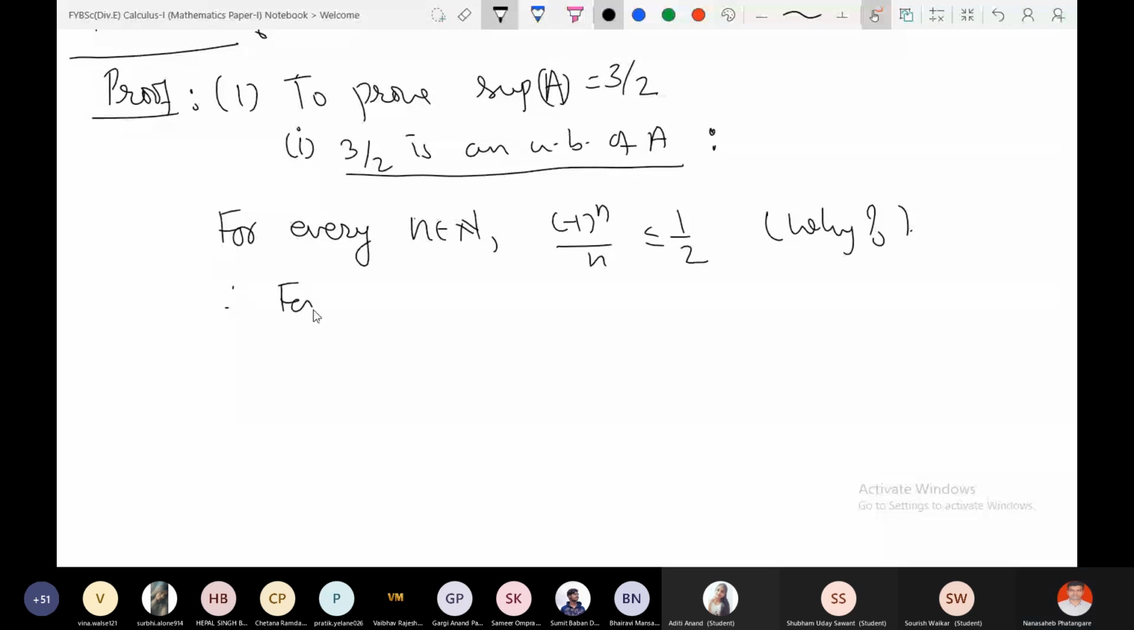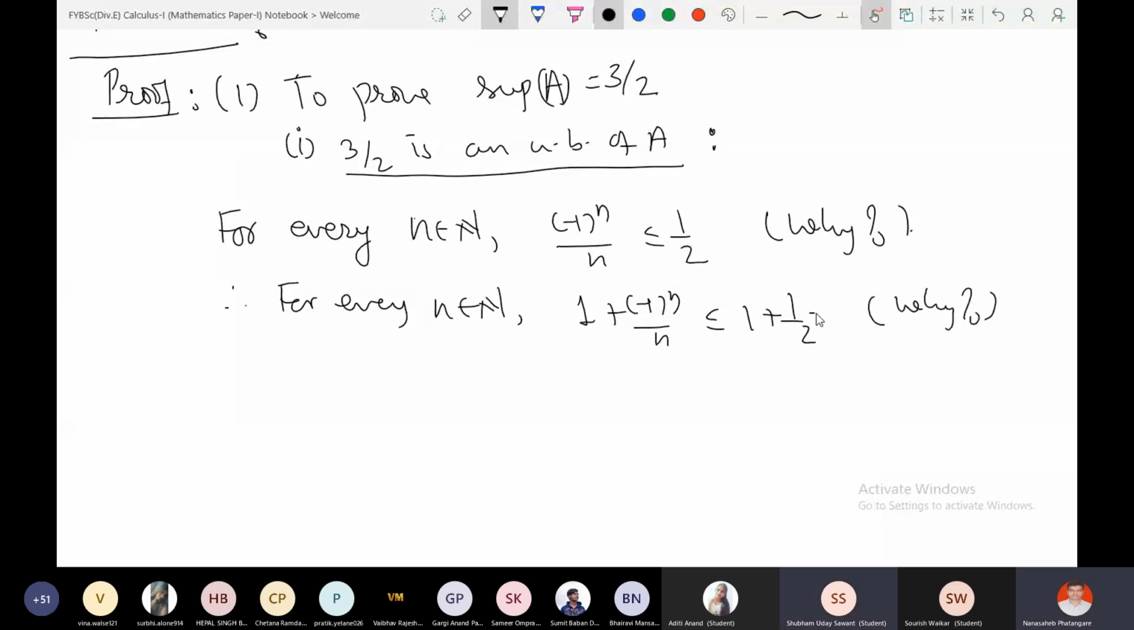Therefore, for every natural number n, 1 plus (-1)^n/n is less than or equal to 1 plus half. Right? Is it true? Yes, sir. What does it mean? For every n, such an element is less than or equal to 3 by 2. That means every element of set A is less than or equal to